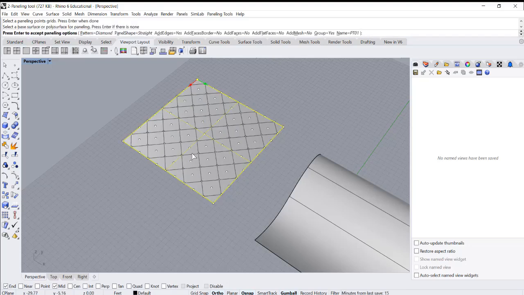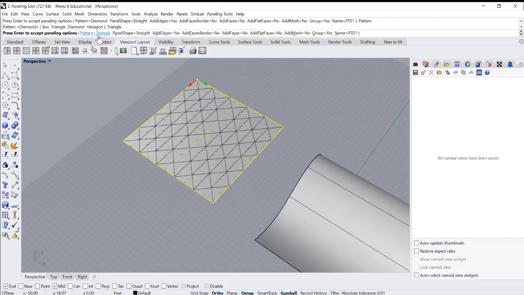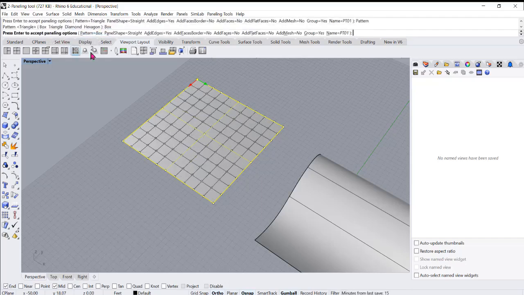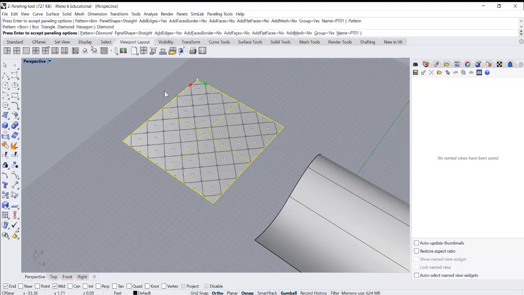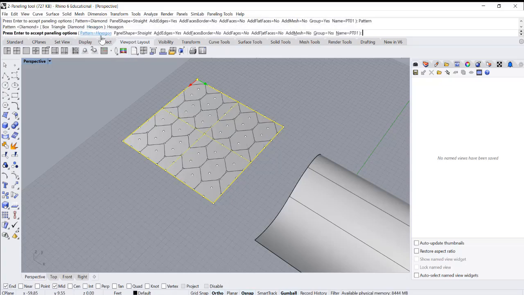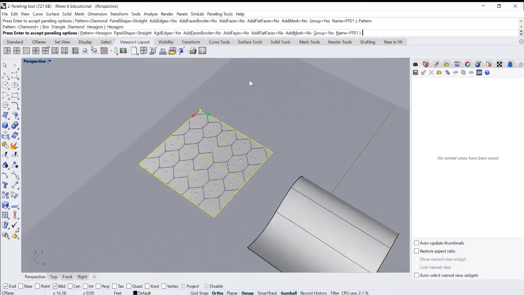So this is my surface, and now I get a preview of a pattern. When you click in here, the paneling tool offers you different panels or patterns that you can play with. I'm going to use the diamond in this case. Let's see, I can use the hexagon. And also keep the group